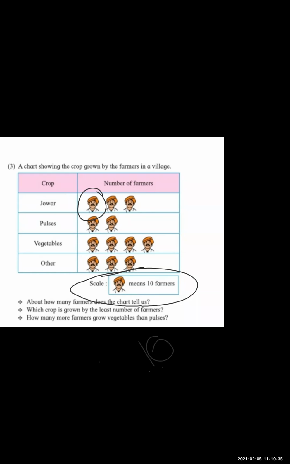Till here, anyone have a doubt? Till here, everyone clear? So now the next questions you want to solve from your side. I will ask you the questions and give me the answer in the chat box. Ready, everyone? Okay, now I'm going to show you the next image. You want to solve it.